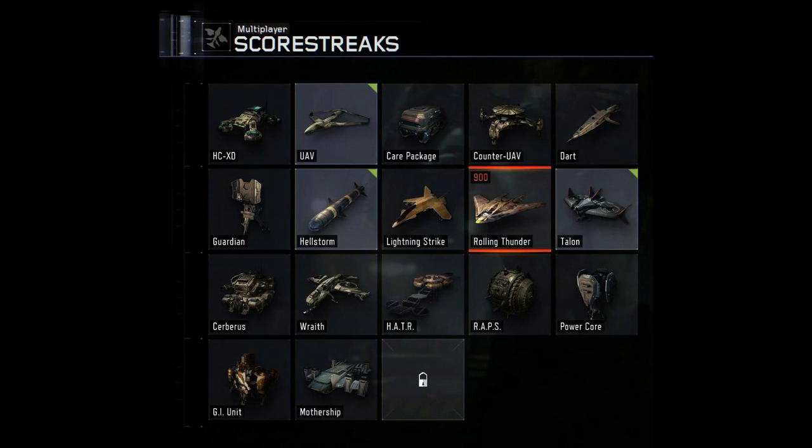We've got the Lightning Strike, which is pretty much exactly the same thing as before. The Rolling Thunder is like the Stealth Chopper or the original Rolling Thunder in Black Ops, where it comes across and drops loads of bombs and blows everybody up. We've got the Talon, which I'm really not sure what that does, and the Cerberus, which is like a Goliath-looking thing from Advanced Warfare. But what I'm interested in is the Hater, which is the new VSAT or Blackbird or